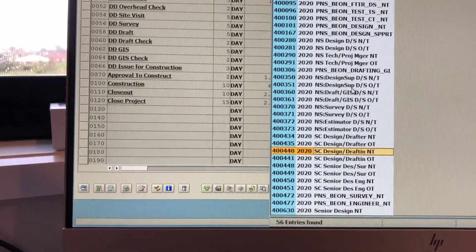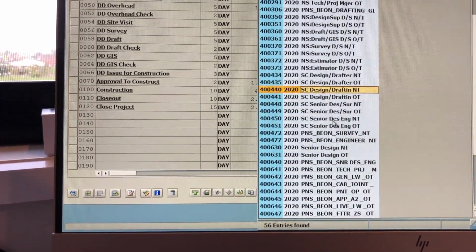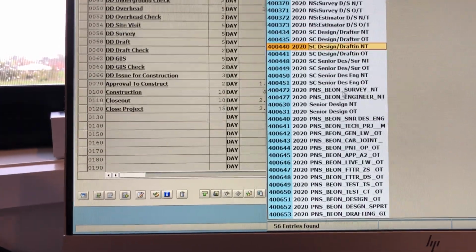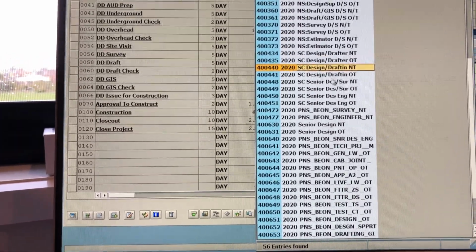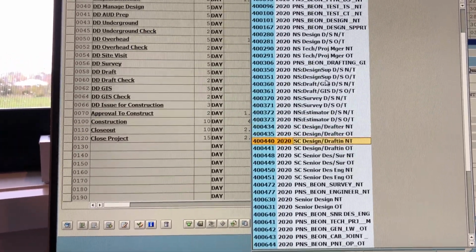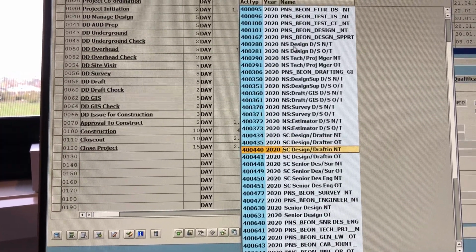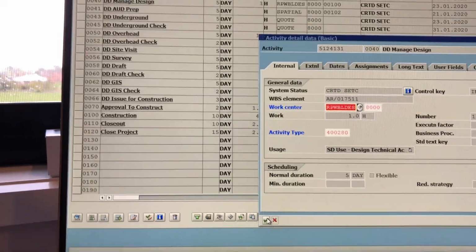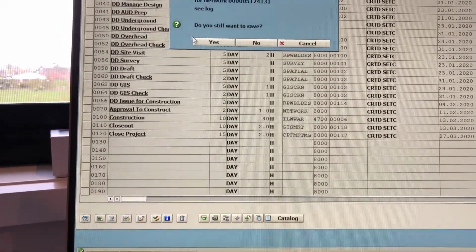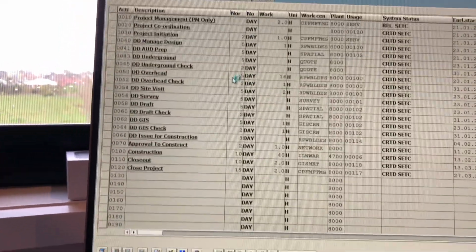So it'll be design, senior design, not survey, not draft, network services, design normal time, that one there, 280. Hit the tick. Do I want to change? Yes. It's done. So we grab that number again, and now we go into